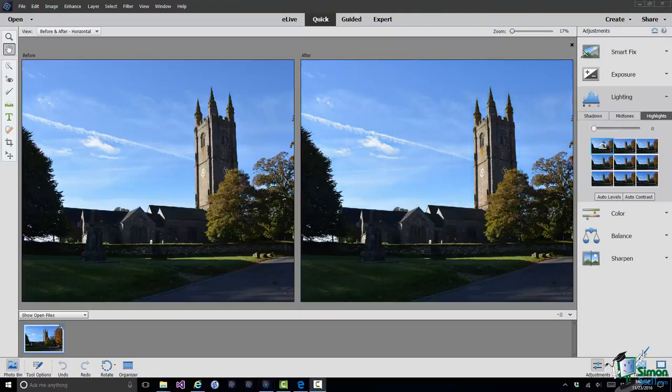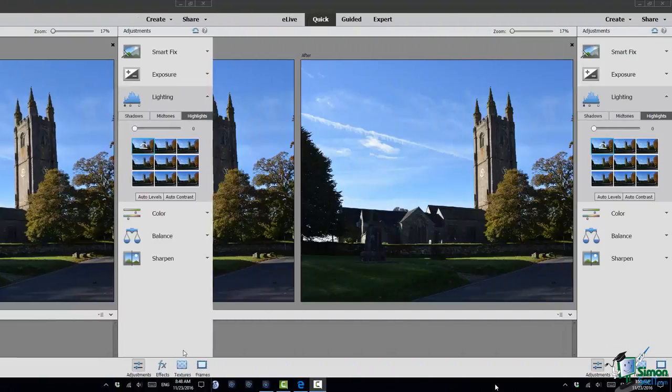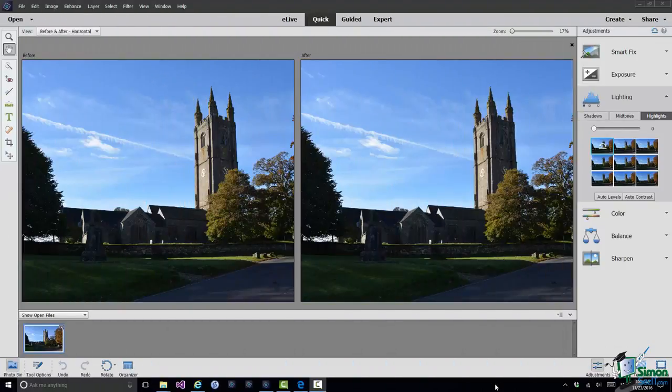There are a couple of additional options there, auto levels and auto contrast. I'm going to talk about levels and contrast later in the course. In the meantime, by all means experiment with those, and don't forget the sources of information that will explain to you what they do. Before we move on to a quick look at the remaining adjustments, one important point is